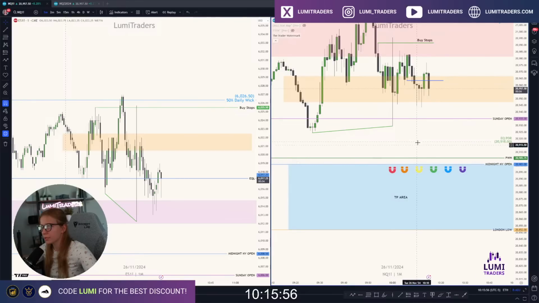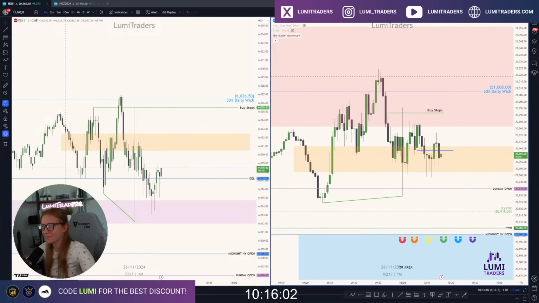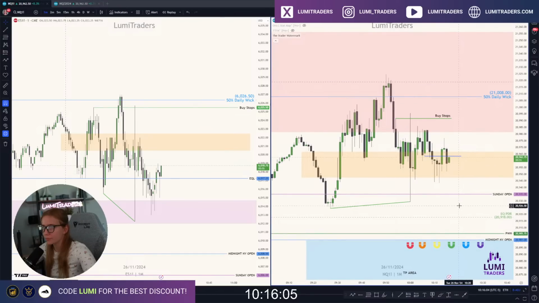From this TP area, I would like to see a reversal to take this TP area, this blue box. Preferably to see something like this. All I need is any signs of reversal, at least on the 5-minute chart. Looking at the 5-minute chart, unfortunately, nothing yet. So I'm trying to be patient right now. I don't want to take unnecessary losses. Trying to stick to my plan. If a 5-minute smart money reversal is confirmed, I'm going to long. But right now, as you can see, obviously nothing yet.